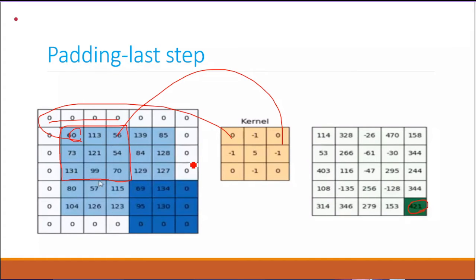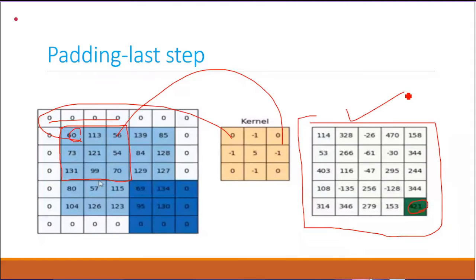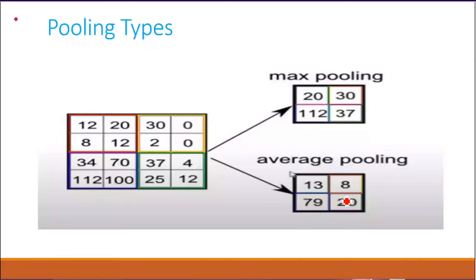With the help of the strides, the movement will be 1 or 2. So after the first convolution layer is applied, I get the final matrix like this. You can see here the matrix size is 7 cross 7. Now it is going to be a 5 cross 5 matrix. So after each convolution, we are going to be processing like this.